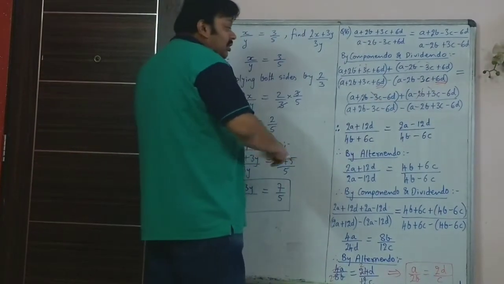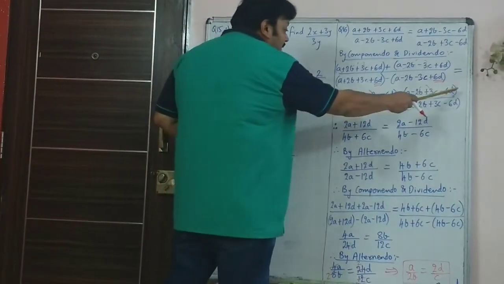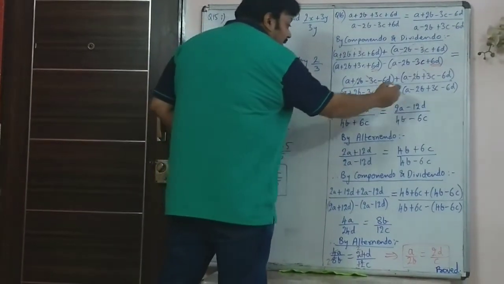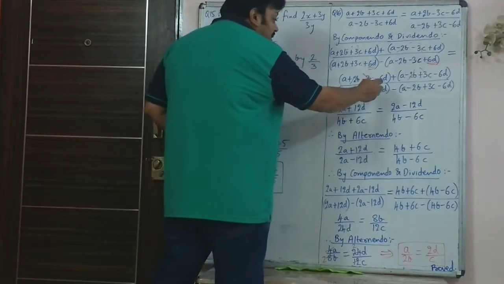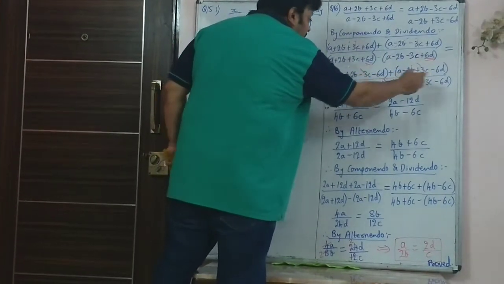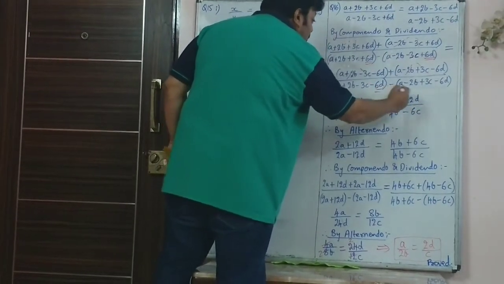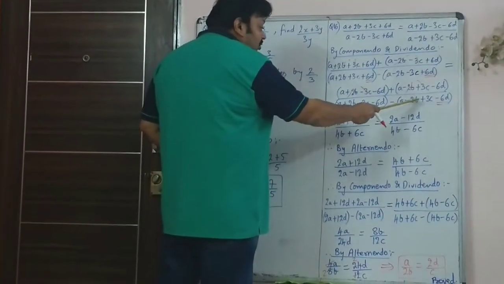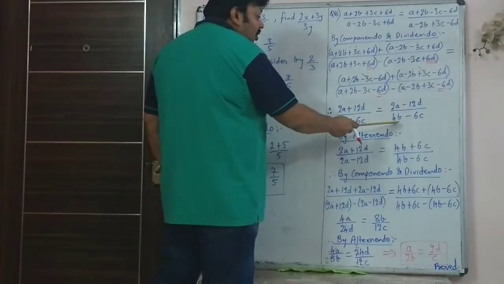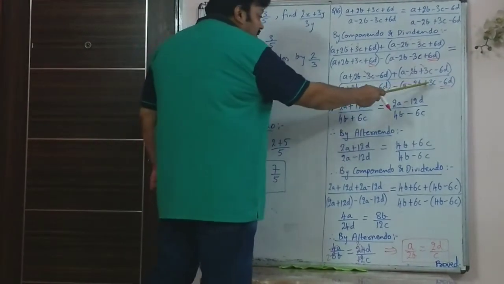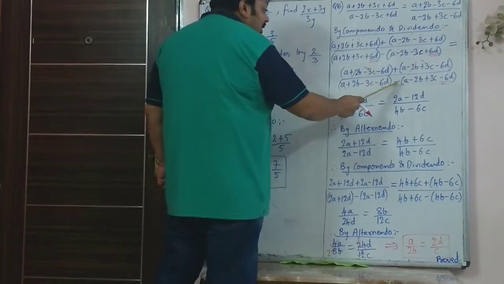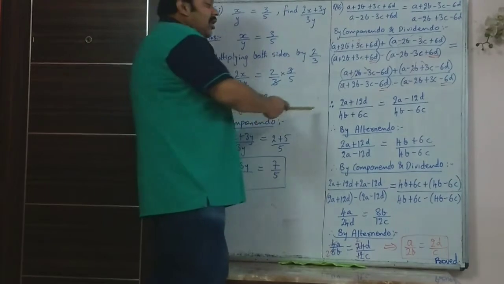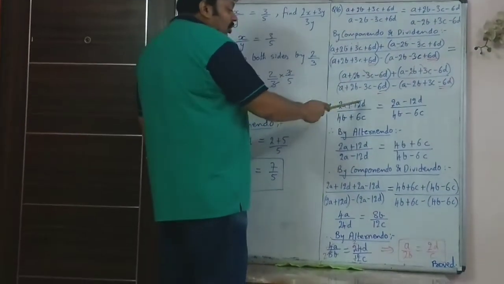So you are left with 2a minus 12d. And down, a minus a will go, and 6d minus 6d and plus 6d will go. So those two terms will go. So you are left with 2b minus of minus will become plus. So it will become 4b. And this again will become minus 3c minus 3c. So minus 6c.